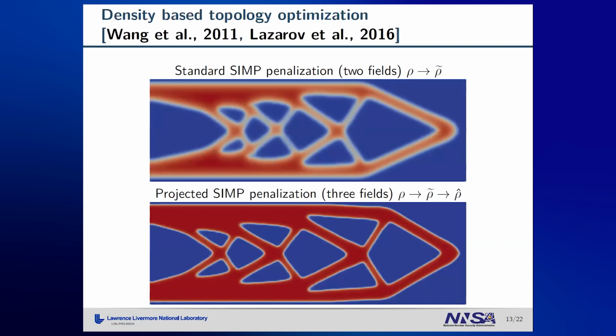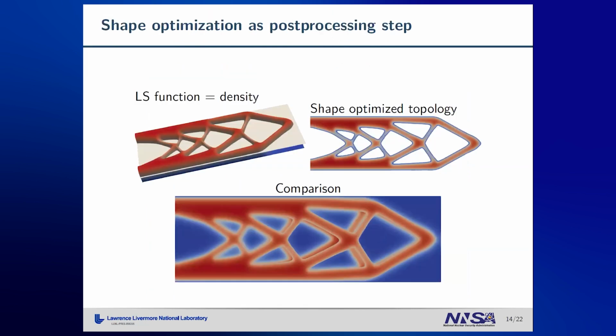So one would ask, why would we do this? We can project our topology optimization results. Well, the issue with topology optimization is that we are using an H1 field, or continuous field, for approximating the density. And it doesn't matter how much we project, we will never escape from the gray regions in the topology optimization process. However, with shape optimization, we can take our topology optimization results and shape optimize them, and we can account for exact stress concentrations, for example, or temperatures and so on, whatever we're interested in the process.